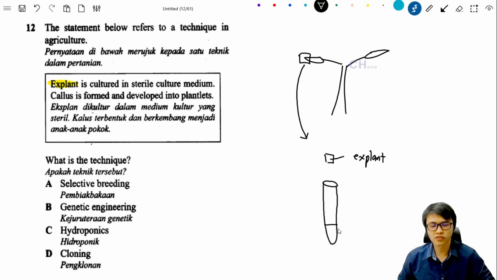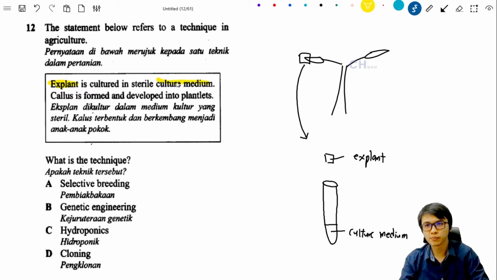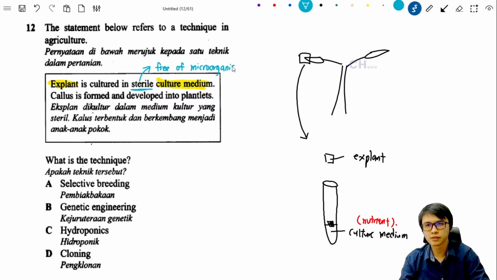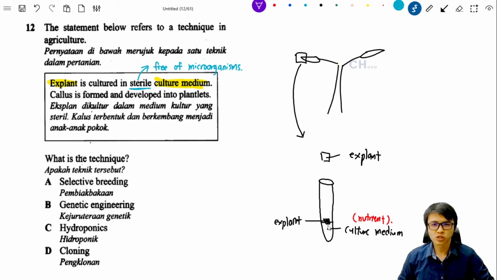Inside a test tube, we have the agar, which is the culture medium. Culture medium is actually the nutrients for the explant. So we are going to put the explant inside the medium. Of course, to make sure the explant can survive, this medium must be sterile. Sterile means it is free of microorganisms. So once the explant absorbs the nutrients from the culture medium, they will divide themselves into a piece of